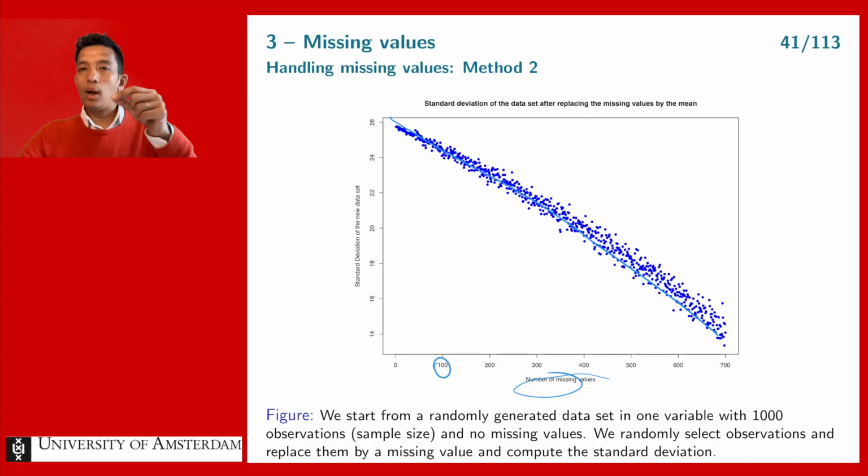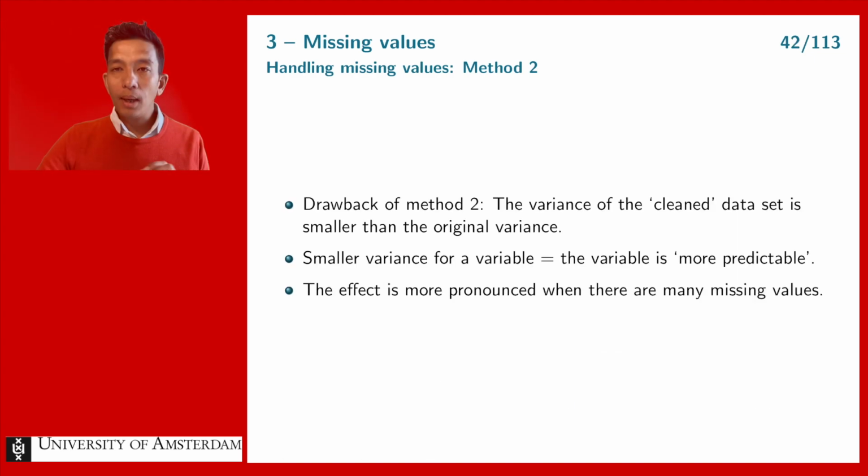And then I want to know, well, what fluctuations can I expect? Of course, these observations that are replaced by the sample mean have a very small standard deviation. So I am reducing the variability in my data set because I always replace missing values by something that is close to the mean. So the major drawback of method 2 is that the variance of the clean data set is smaller than my original variance. And what does it mean that I have a smaller variance? It means that